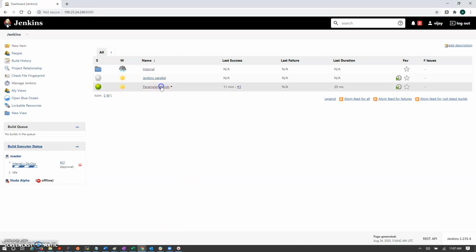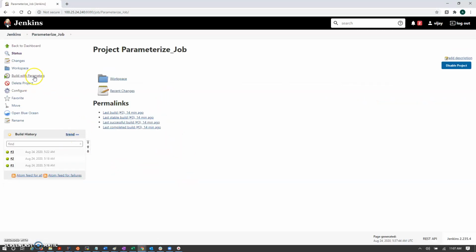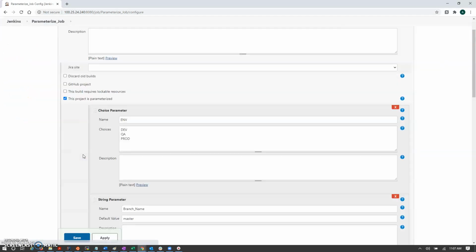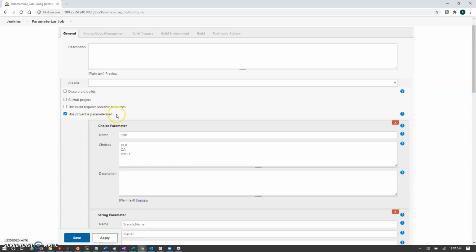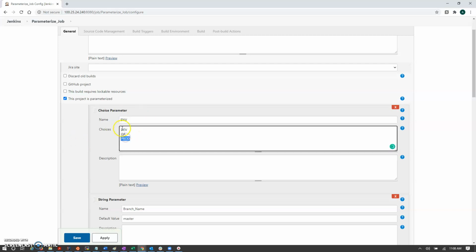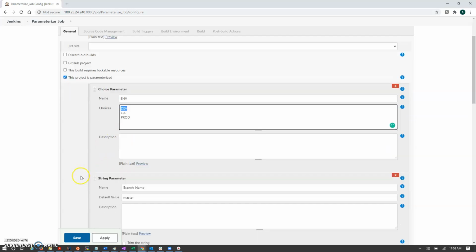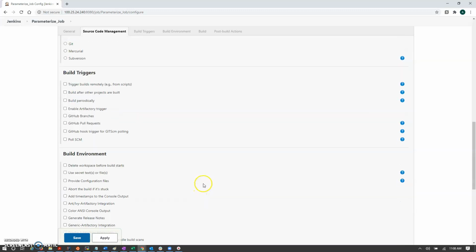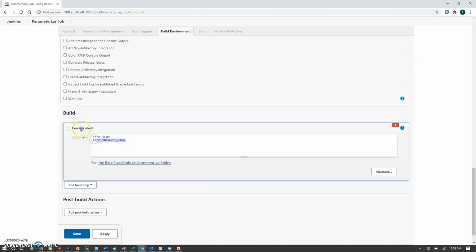So these are my jobs which we have created initially, and this is how it works. We have passed the parameter here. This project is parameterized, we just have to enable it. For this we don't require any plugins. So here we have created two parameters. One is the environment, that's the env, and here we have given three options. The first is the default one, so dev is the default one here. The second is the branch name, and here for branch name we have passed master. So here we can see we have printed the two values, that's the env and the branch name. Let me save this one.